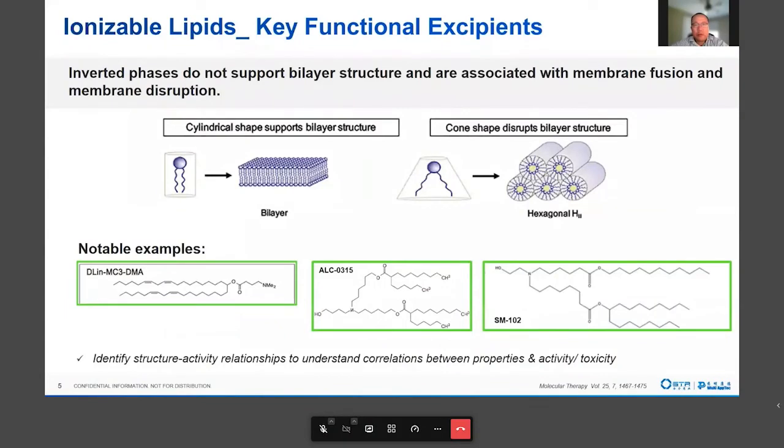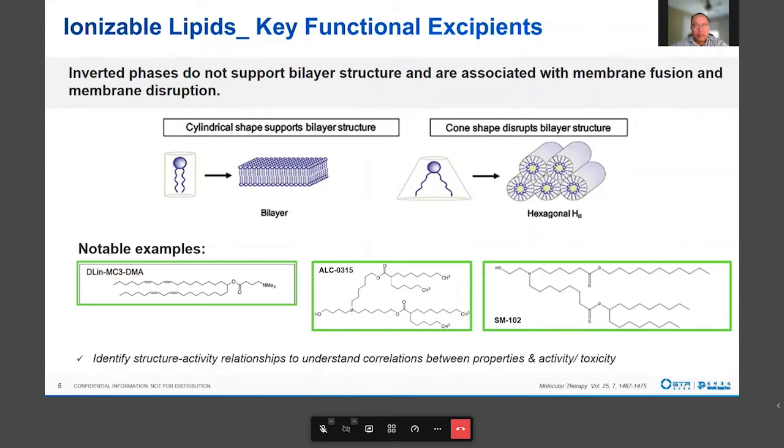Regarding the new materials in the LNP system, a lot of effort has been put into developing novel lipids. This slide shows the concept of ionizable lipid, which is the key functional excipient in recently developed LNP systems. Ionizable lipids are a new generation of cationic lipid with specific pKa. At neutral pH, there is no charge, while at lower pH, the tertiary amine in the molecule becomes positively charged. This can help encapsulate the oligo at the lower pH through the charge interaction, while at neutral pH without positive charge, they can lower the toxicity of the system.